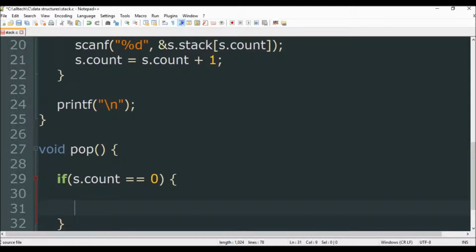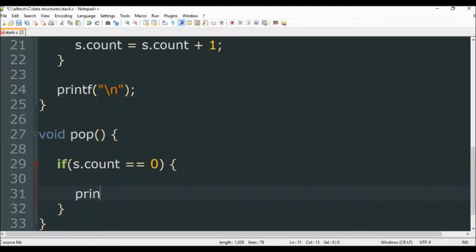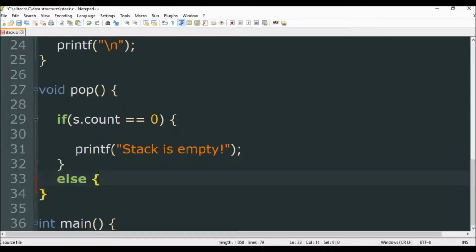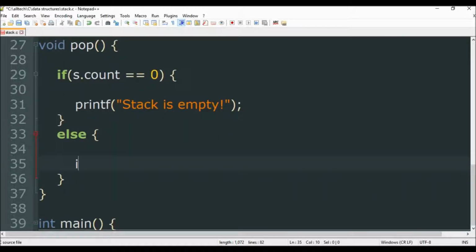So we will say printf stack is empty, and close this. Else, since the stack is not empty, we will declare int item, and we will say s.stack at